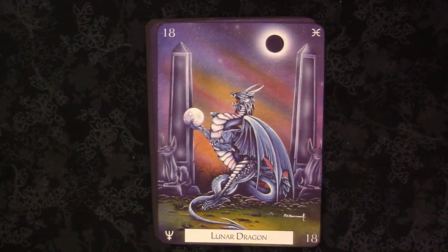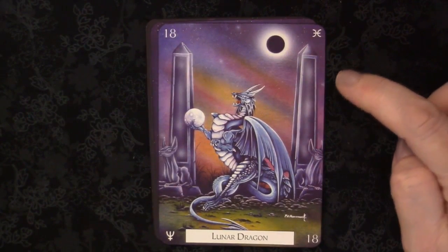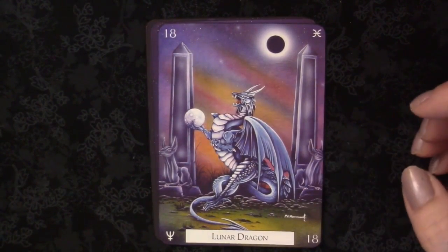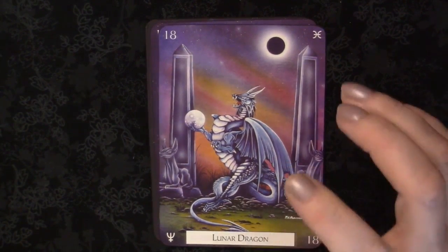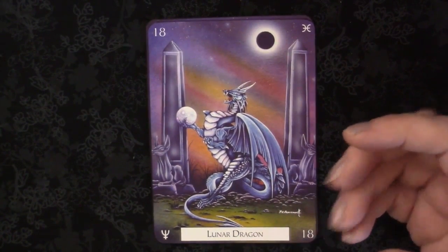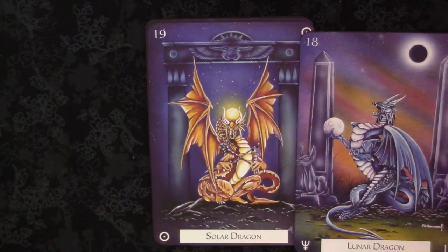Here we have the lunar dragon, which is obviously going to be the moon. I like that we have the full moon here and an eclipsed moon here. I like that we have the towers. We even have the dog still here. So very, very strong lunar energy here. And this is really about illusions. When you read the guidebook, this is very much about the illusionary aspect of the moon, or the shadow self of the moon. And then you have that rebirth into the light with the solar moon, even though it's still